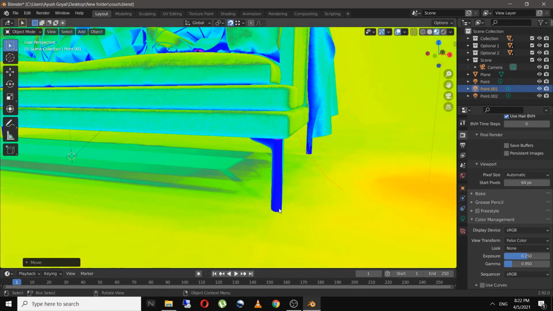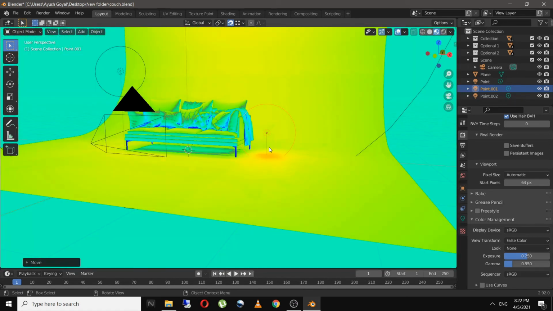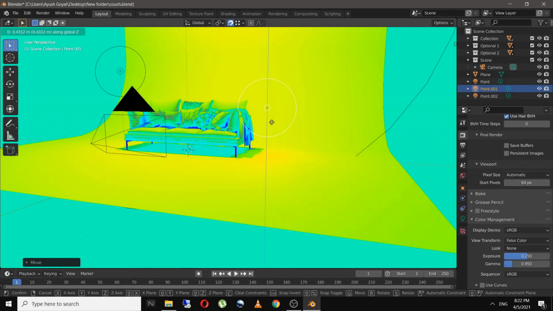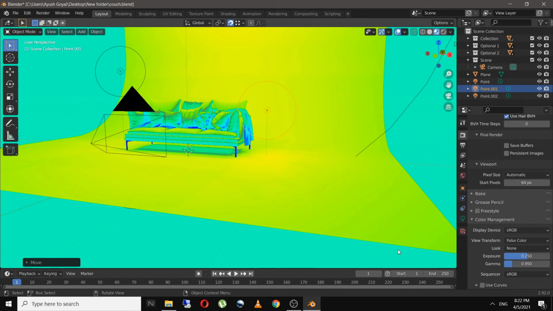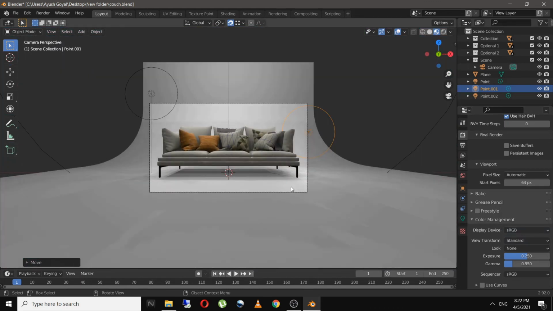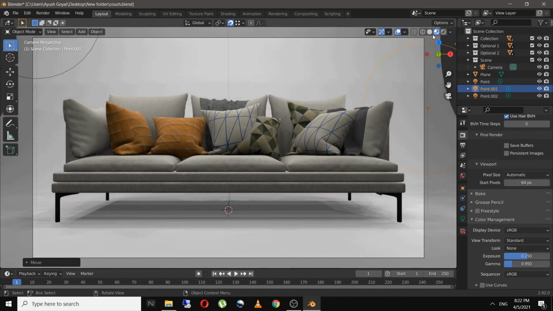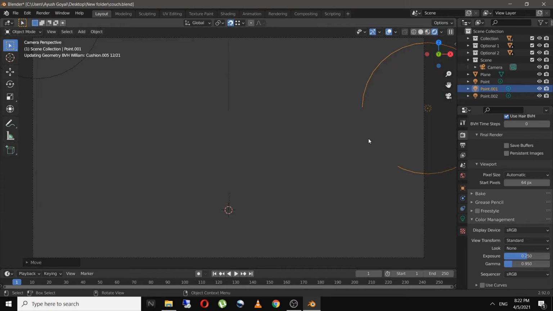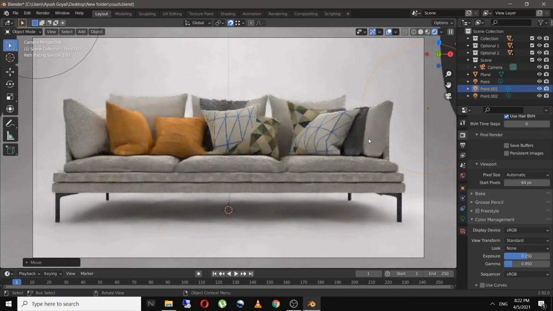Similarly, the green represents that the light over there is very low. So I will switch it back to standard. Go to rendered view. So this is how you play with the light settings in Blender.